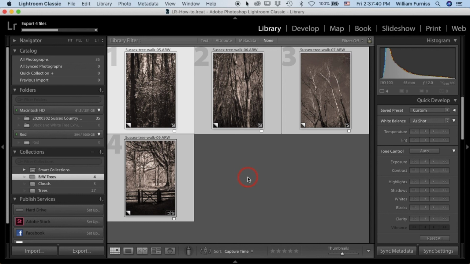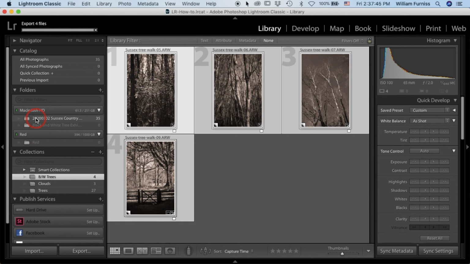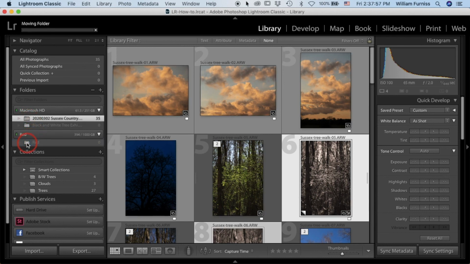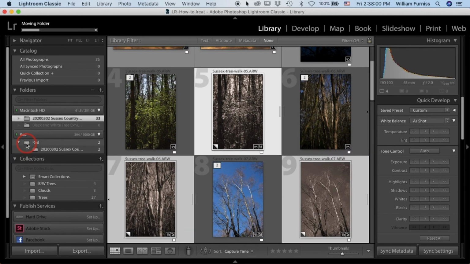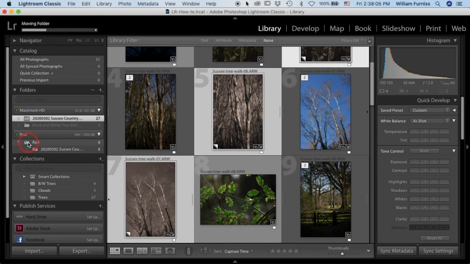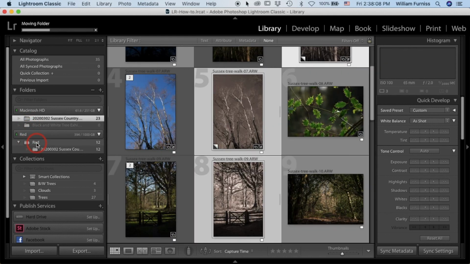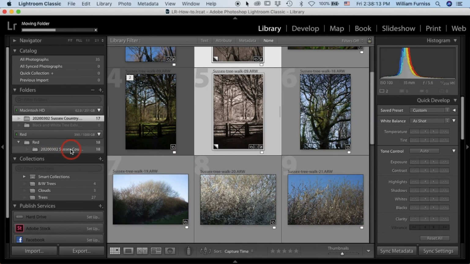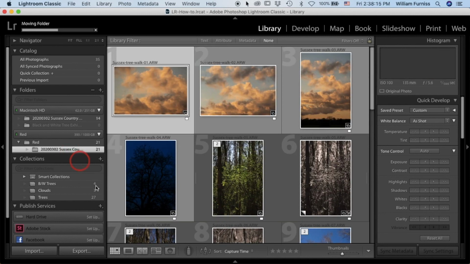Once these have exported, I'm going to take the final step, and that is to take this folder, this Sussex Country Walk, and move it off my desktop so it doesn't eat up my computer's memory, and put it on this external hard drive. Now this is moving the entire folder. It won't be on the desktop anymore. It will be in this external hard drive, and all of the photographs will then be accessible to me